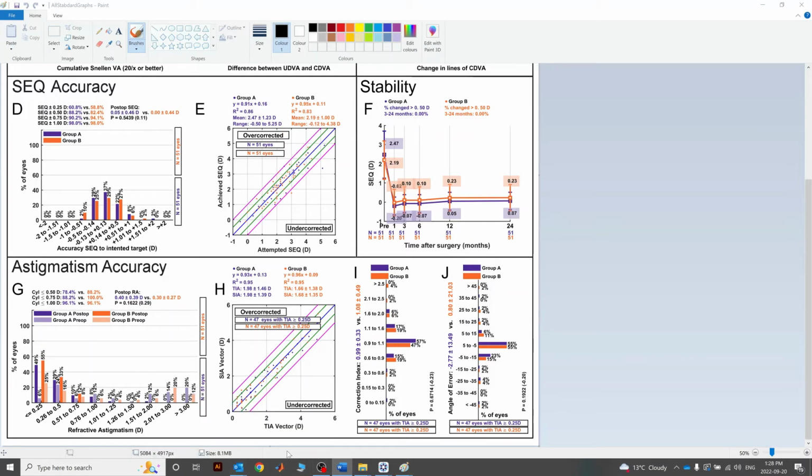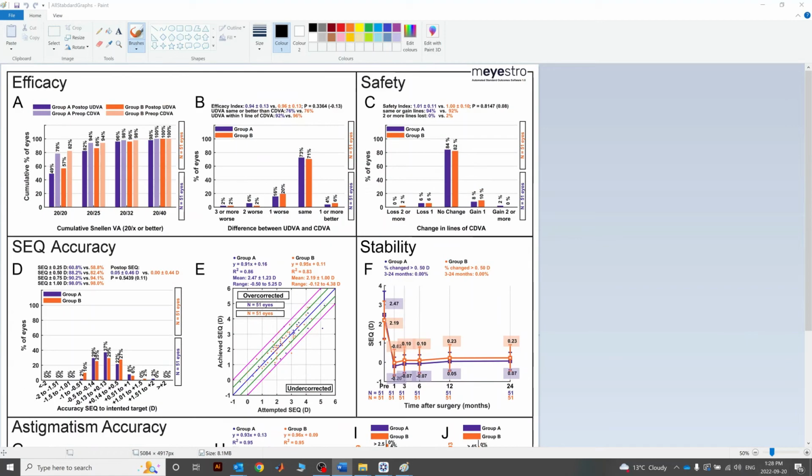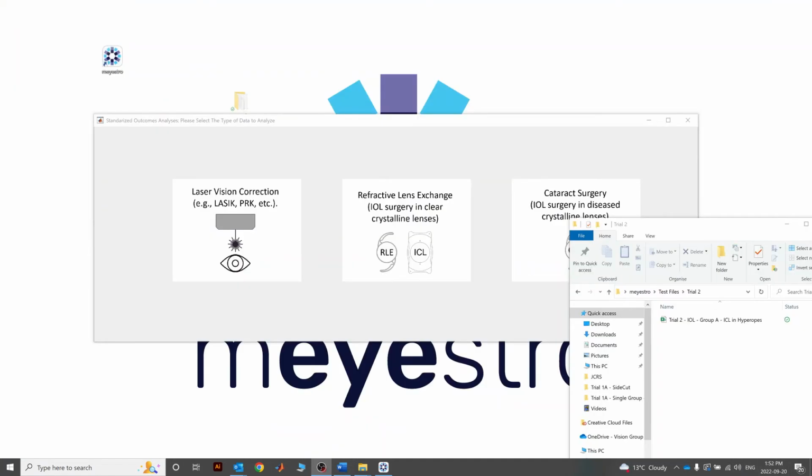So that's it. There you have it. You successfully generated all standard graphs and statistical analysis for trial 1. And now we will do trial 2. Trial 2 is a single group analysis of simulated toric ICL outcomes in hyperopes. So we will click on the refractive lens exchange button because this mode can also be used for ICL outcome,